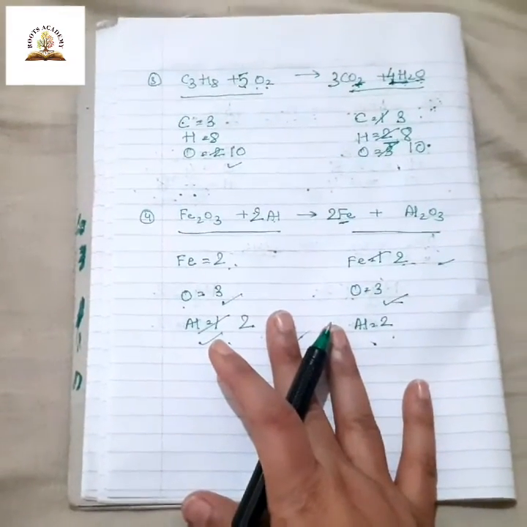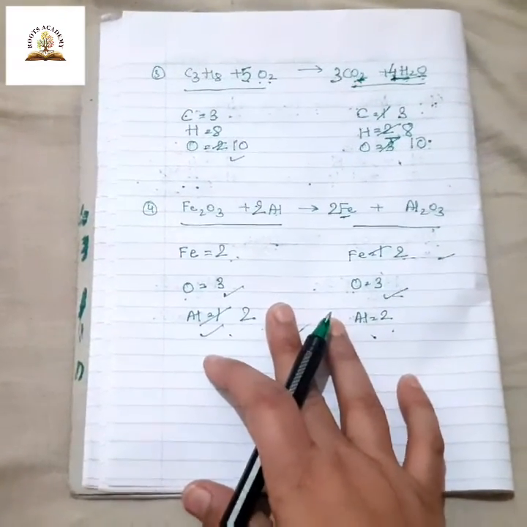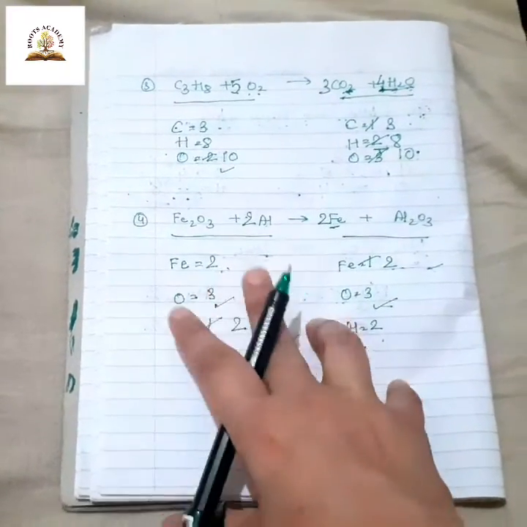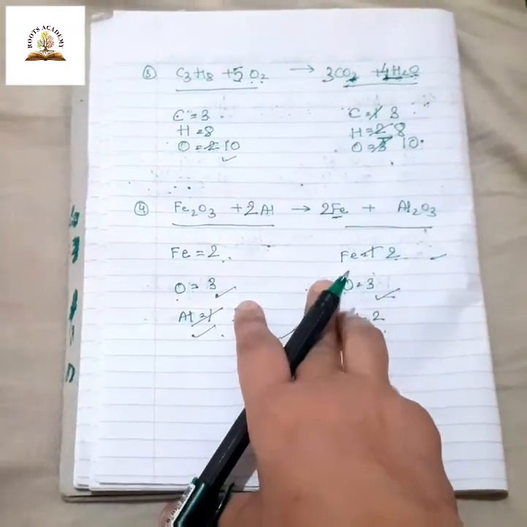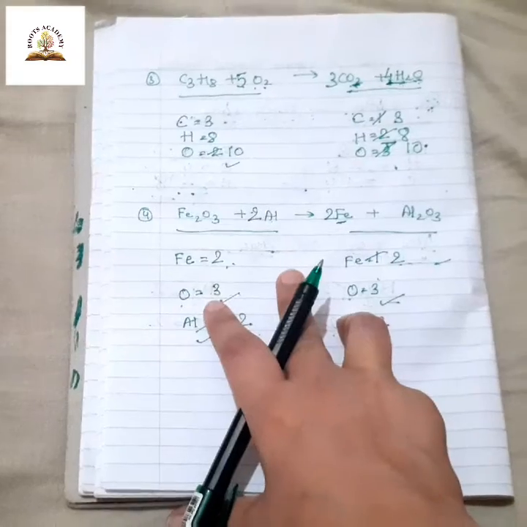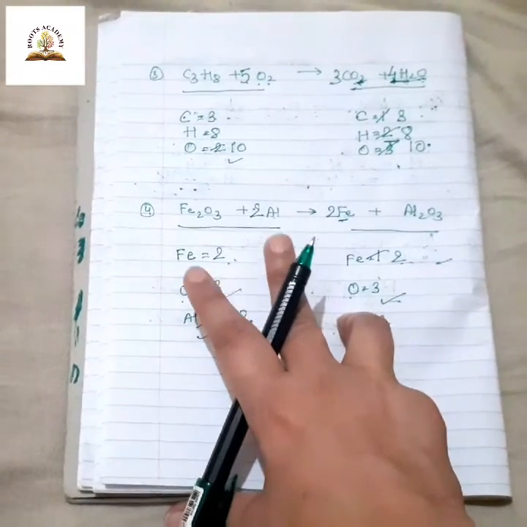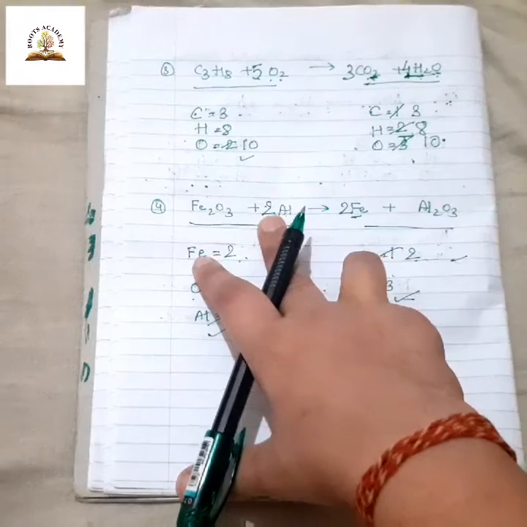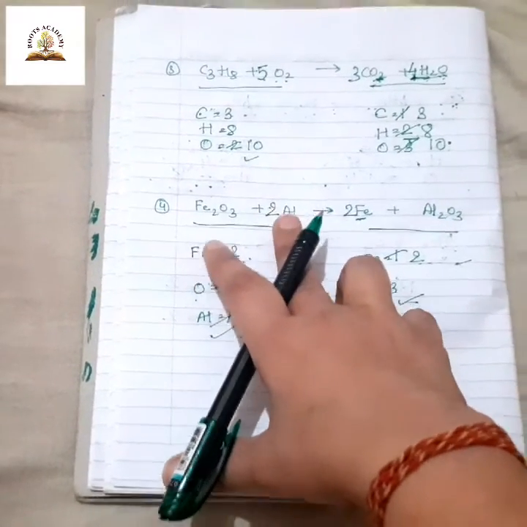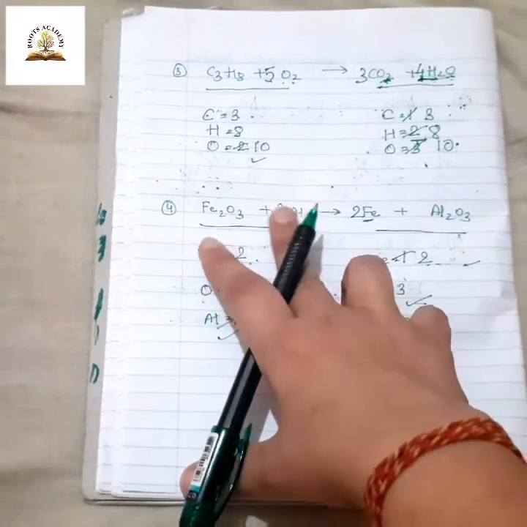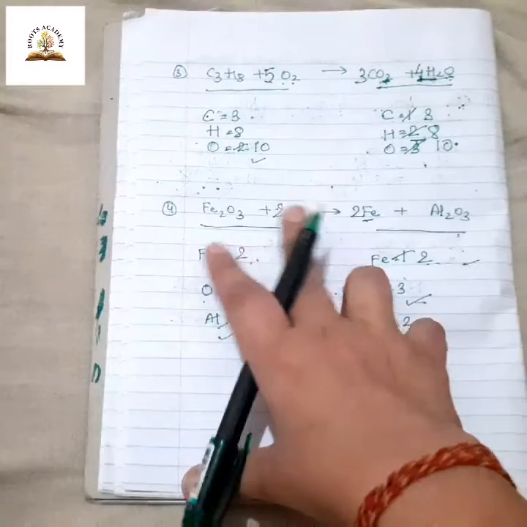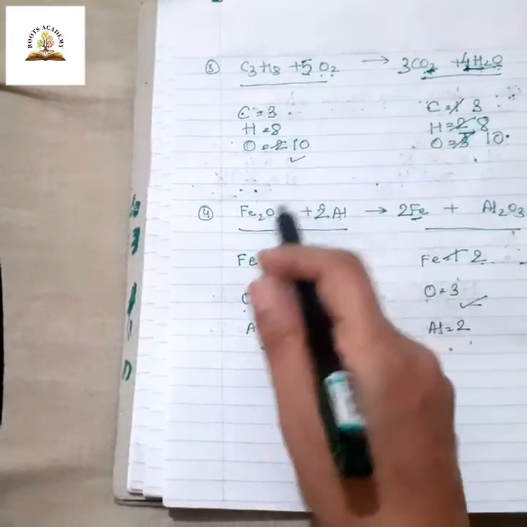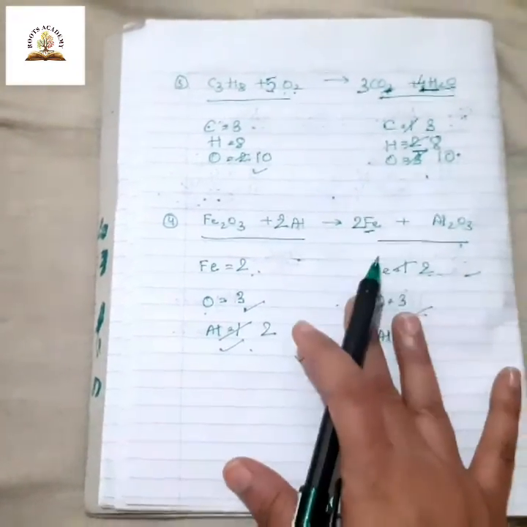Whenever you want to balance the chemical equation, write down the number of atoms present on the reactant and the number of atoms present on the product, and try to balance the equation by multiplying some number. Whatever number you are multiplying, adding, or putting, you should always put in front of the element, in front of that atom. You cannot make changes in between. So remember that point.